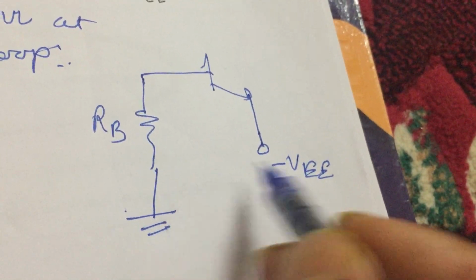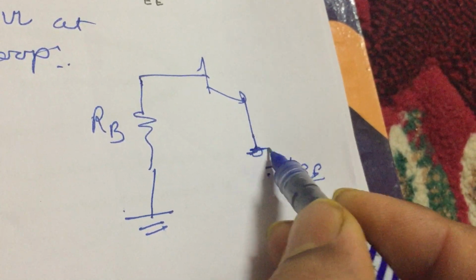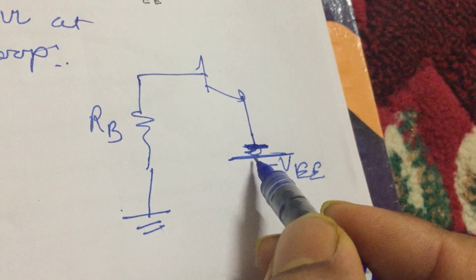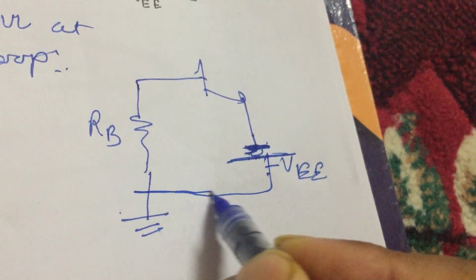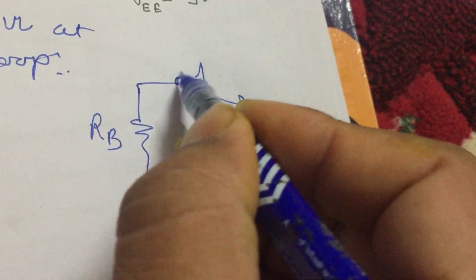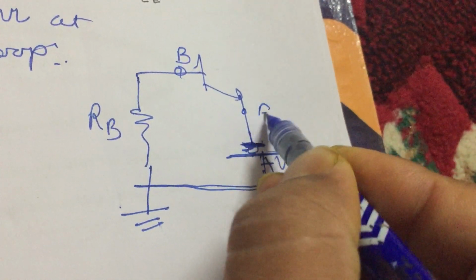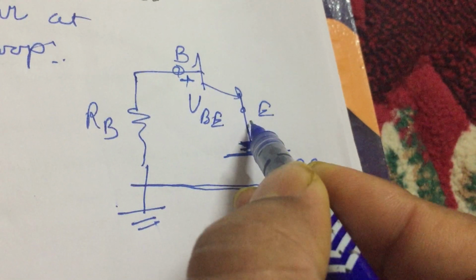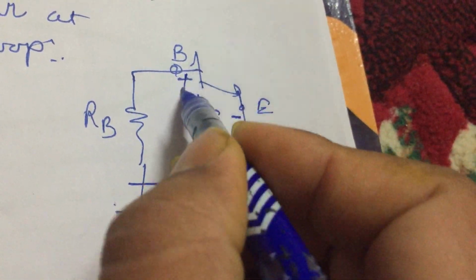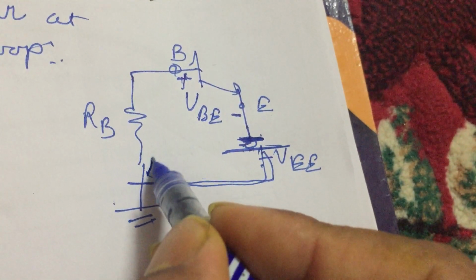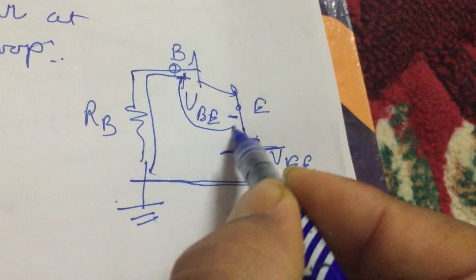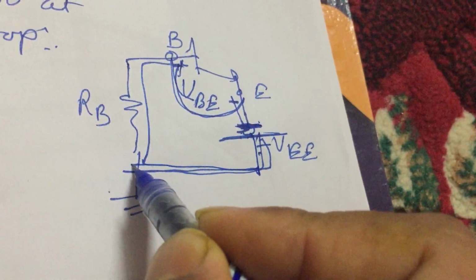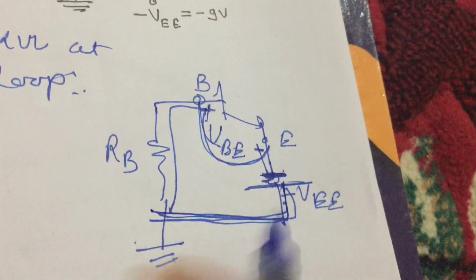So for the input loop, make ground here again. Put the negative sign on top and the plus sign here. This is the base, this is the ammeter. The voltage between base and emitter is VBE. This is plus, this is minus, because it is an NPN transistor. So what is the loop? We come from here, the base, then the VBE potential, then the battery, and then we reach ground. This is the complete input loop.